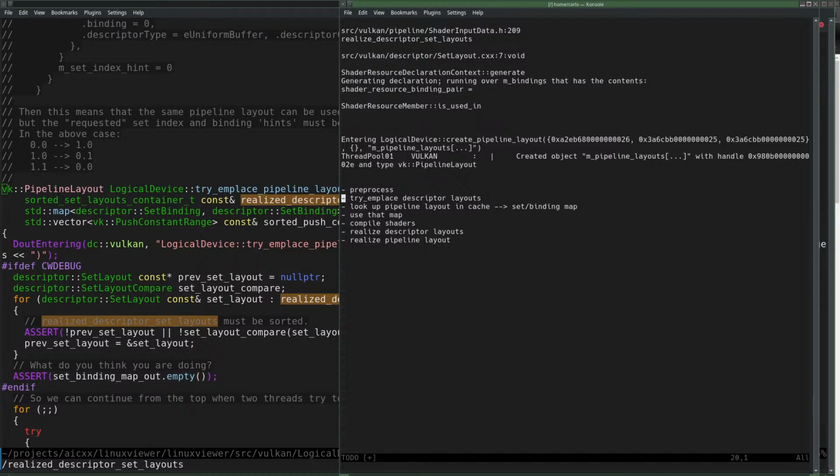The big difference here is definitely that currently compile shaders is done at the same time as the preprocess, so it's basically moved to the second place here, while it should be done after using the map, which I get after looking up stuff in the cache.